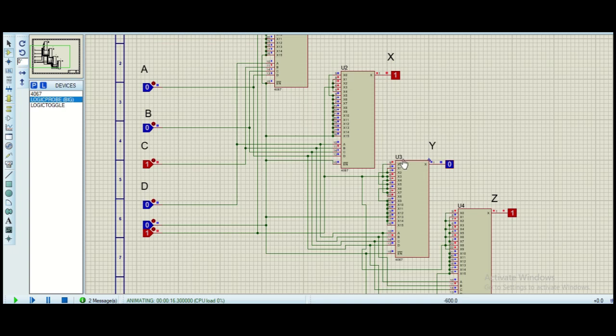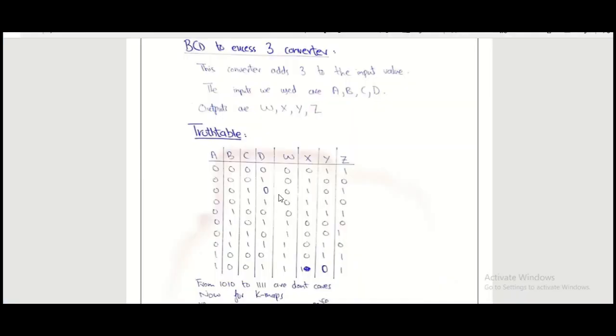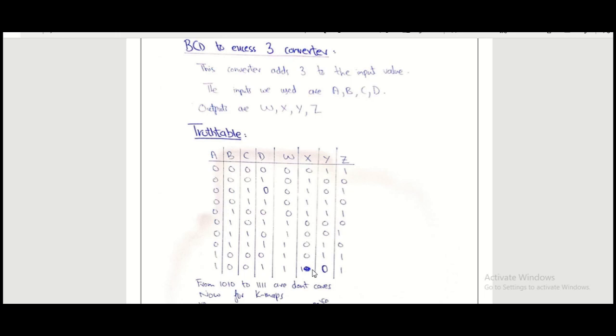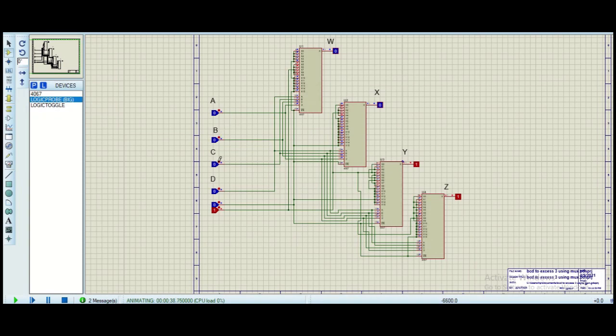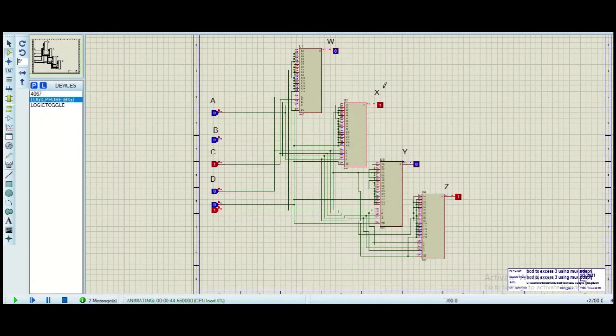So now after this our circuit is complete. As you can see, we have verified all the 4 output functions. Now we will verify all of them simultaneously. For the input 0000, the output is 0011. You can see the output is 0011, and we can check another input too, which is 0010. For this our output is 0101, and here our output is 0101.